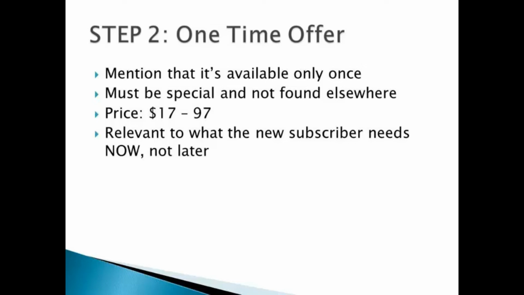It should be relevant to what a new subscriber needs at that moment. If he chooses to pass it up, he will want to think twice because he will not see the offer again made available anywhere else. So the key word is urgency. Is it something the prospect needs now and right now? And if he passes it up, will he lose more than if he had taken advantage of the OTO? This is what will make the one-time offer convert very well on anywhere between 2 to 4% or higher for a bunch of leads that have not been warmed up just yet, aka cold prospects.